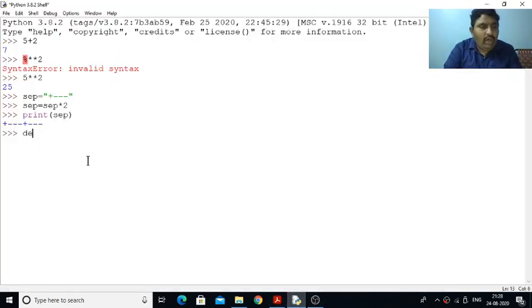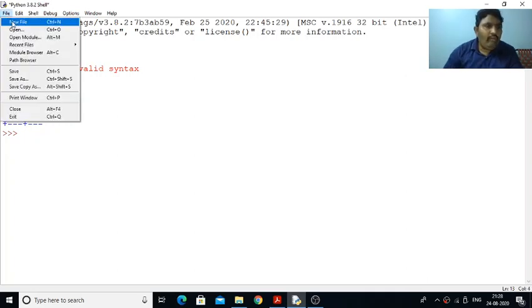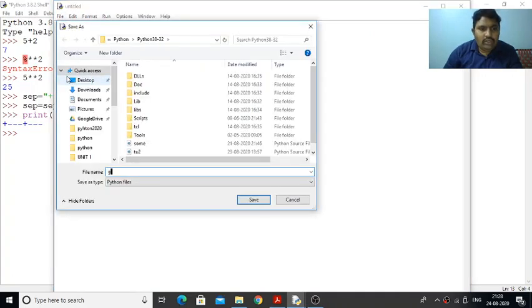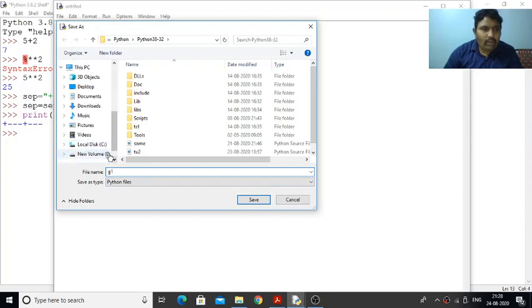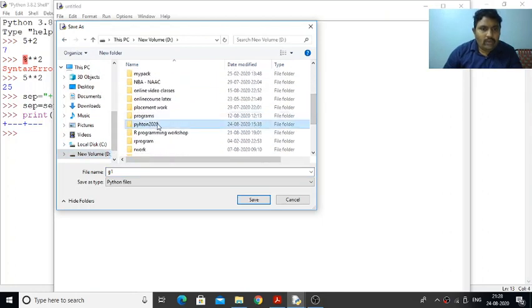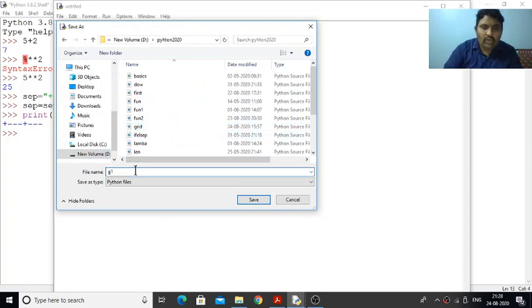First of all we need to create a Python script. For that we go to File, New File, and let us save this file with the name g1. You need to save it with the extension .py.